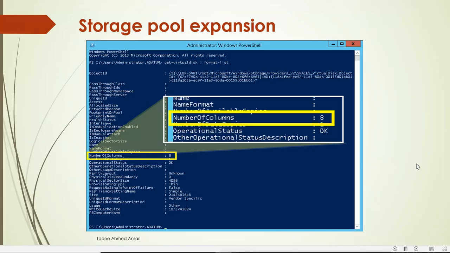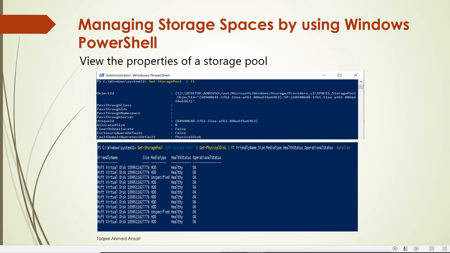So this is storage pool expansion. Then for managing the storage spaces by using PowerShell, we can view the properties of the storage pool by using this command, Get-StoragePool.